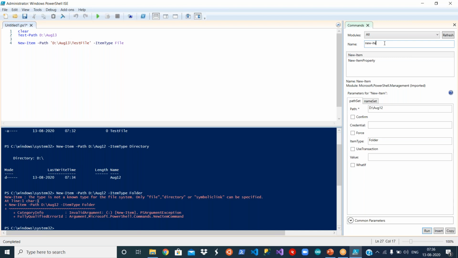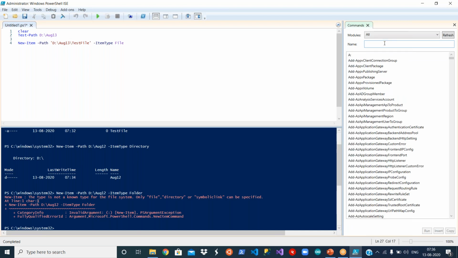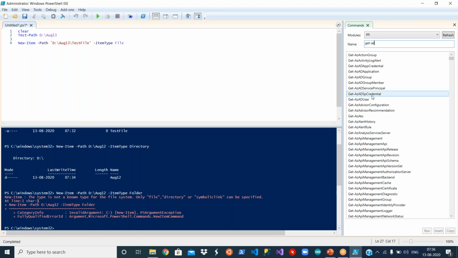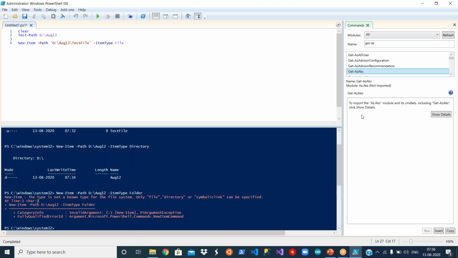Let us first go and see some Azure related commands. I'll say get, Azure related will start with AZ, and I say anything AZ-AKS. You see the module here is AZ.AKS, and it is clearly saying not imported.